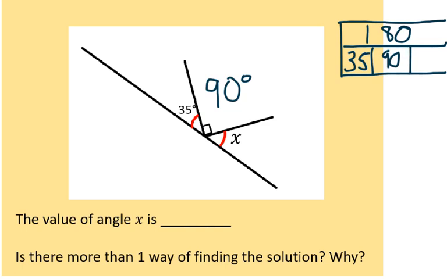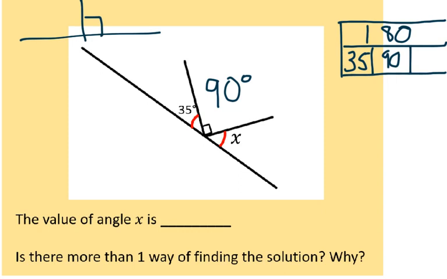Okay. So I know my 90, I know my 35. Now there's a question down here. Is there more than one way of finding the solution? And what that means is what we did last time. So you could either add together 90 and 35 and subtract it from 180, or you could start with your 180, subtract 90, subtract 35. Or there's actually a third way. Do you remember